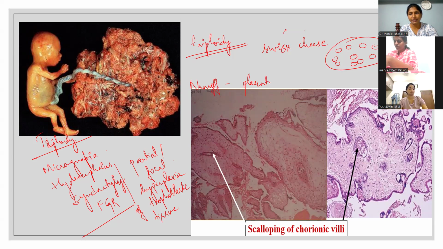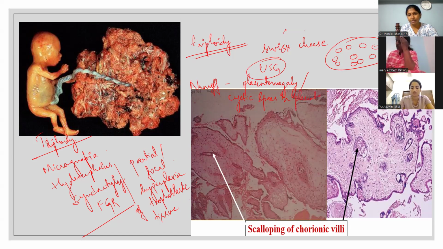There is placentomegaly with cystic spaces in the placenta seen on an ultrasound. So ultrasound criteria for partial mole: cystic spaces in the placenta and placentomegaly along with FGR, along with an empty